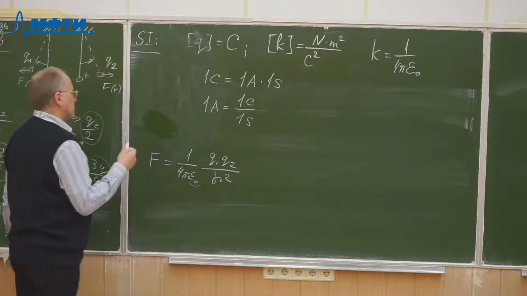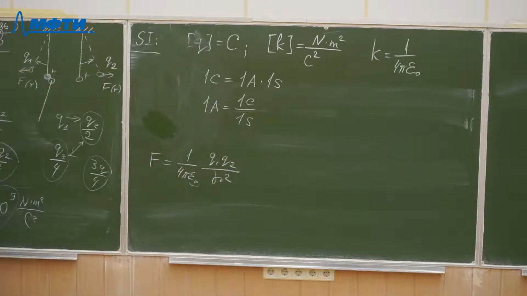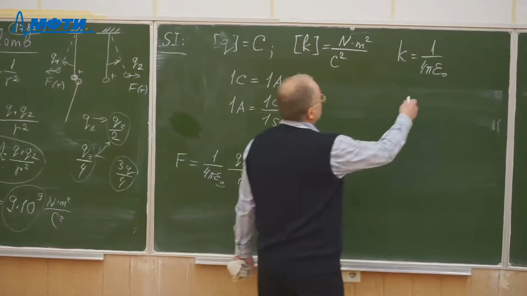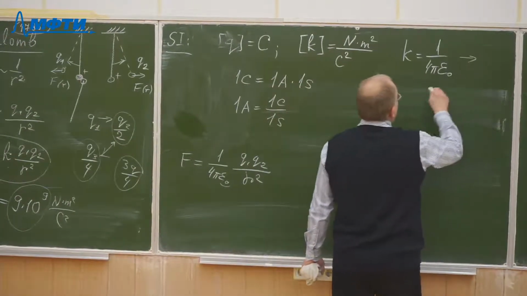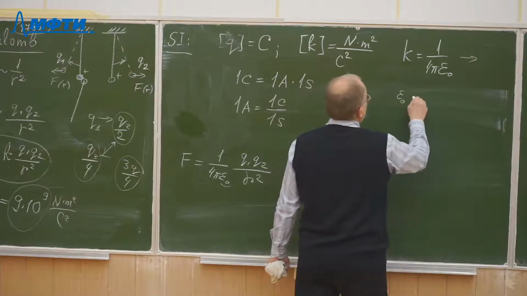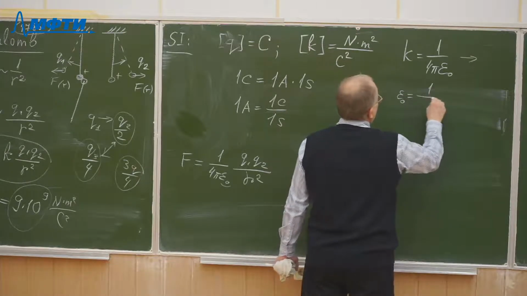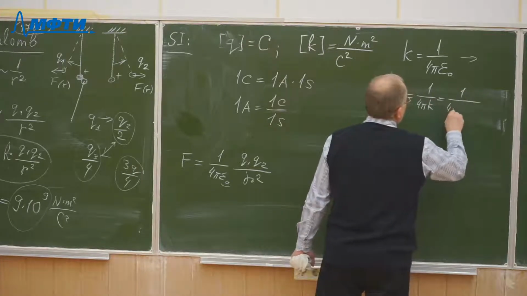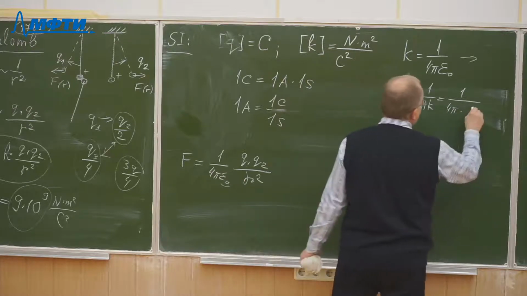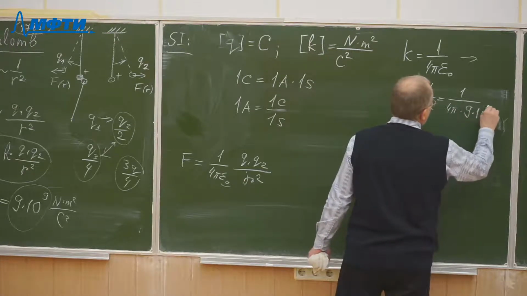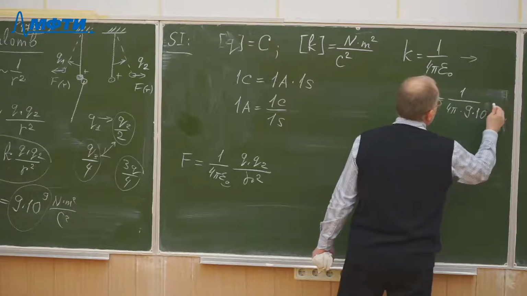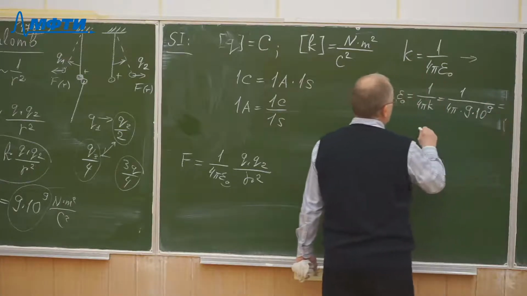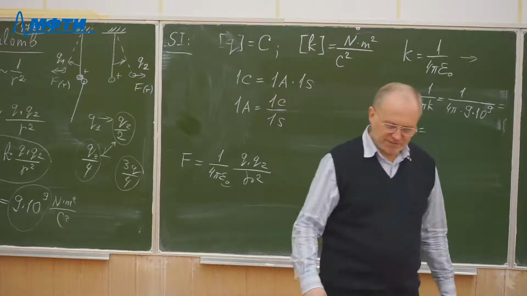And this epsilon 0 is called the electrical constant, and it can easily be derived from this definition. Epsilon 0 will be 1 over 4 pi K. That will be 1 over 4 pi, and we know what K is. That is 9 times 10 to the 9th power. And you can carry out these calculations, and the result will be